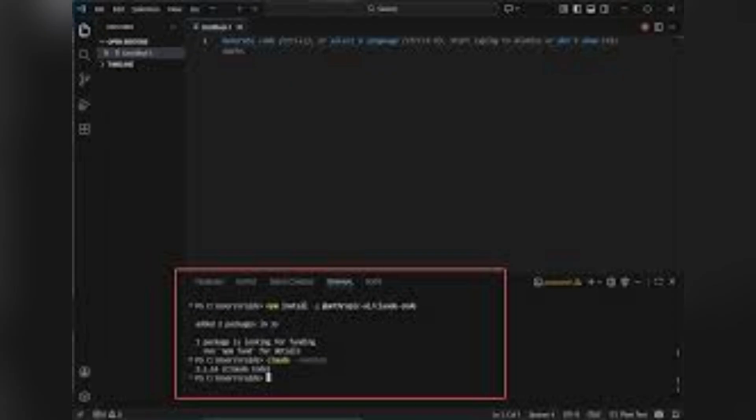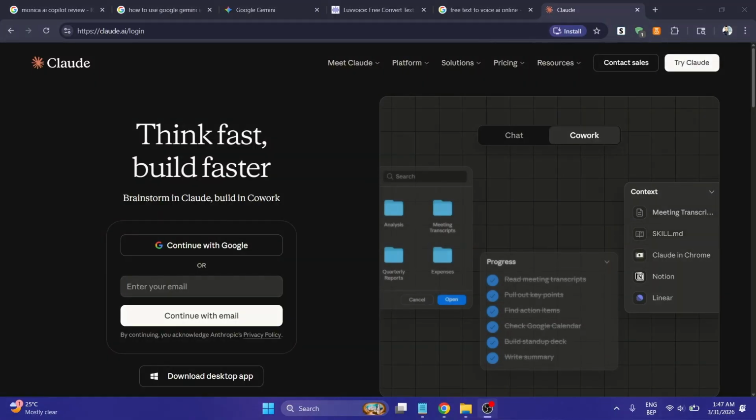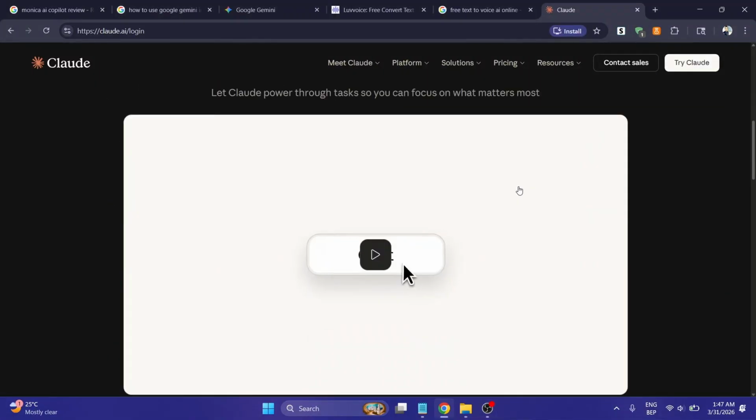Finally, you might want to consider the Cursor alternative, which is the Pro Move for 2026. Cursor is a fork of VS Code, meaning it looks and feels exactly like